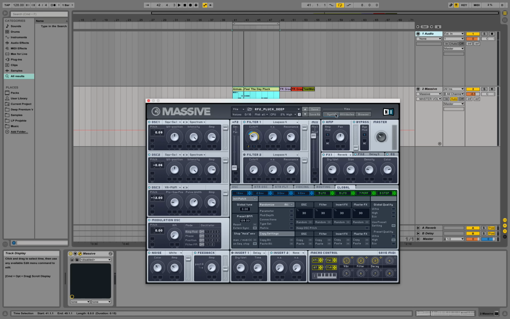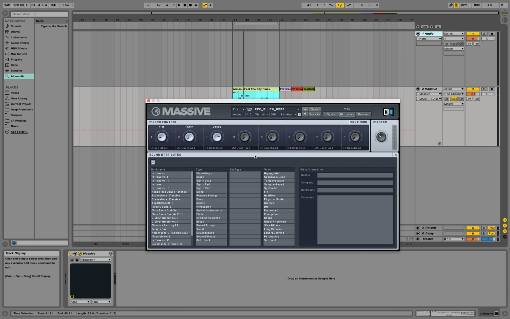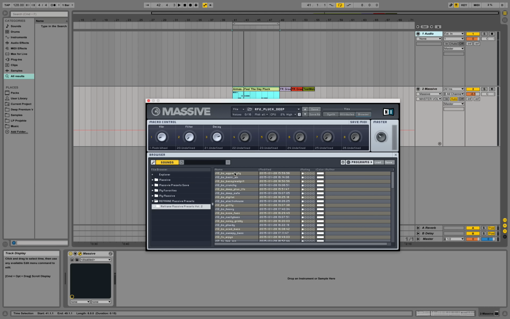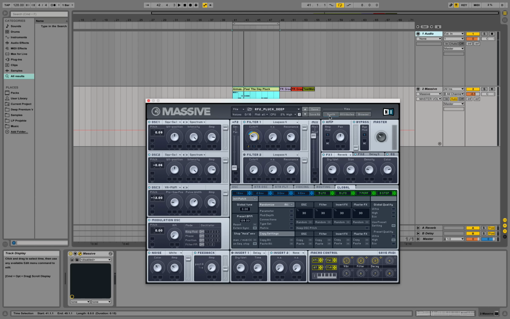Basically there are three types of views. There's the Synth view, where you can manipulate the sound, and there's an attributes view showing you the attributes of your Massive preset, and there's another view, your browser, and that one shows you collections of presets and also the macro control. We are coming to that one later. So